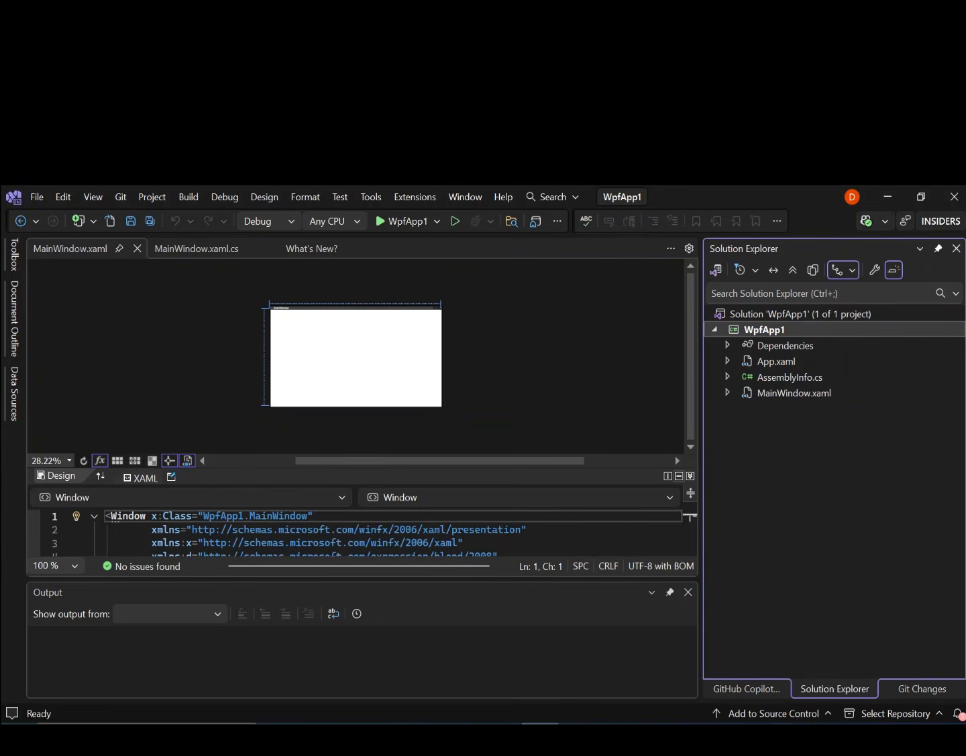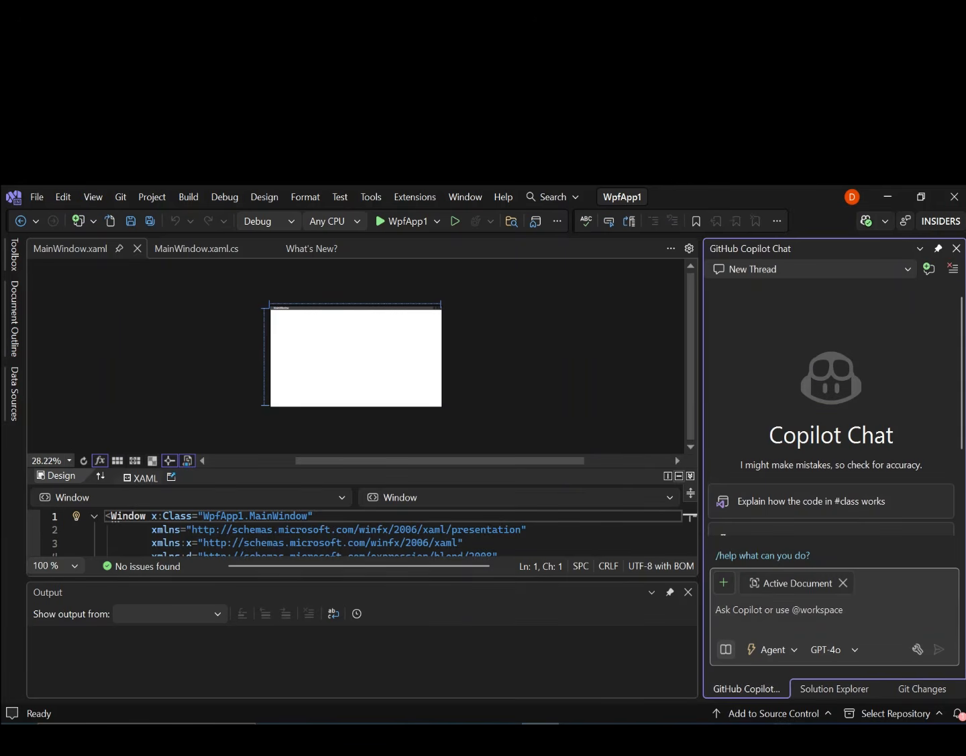As you can see here now, we've got the main window with nothing inside. Let's open up the Solution Explorer, and this is our project. So let's open the GitHub Copilot. We're going to write this prompt: create a simple analog clock in